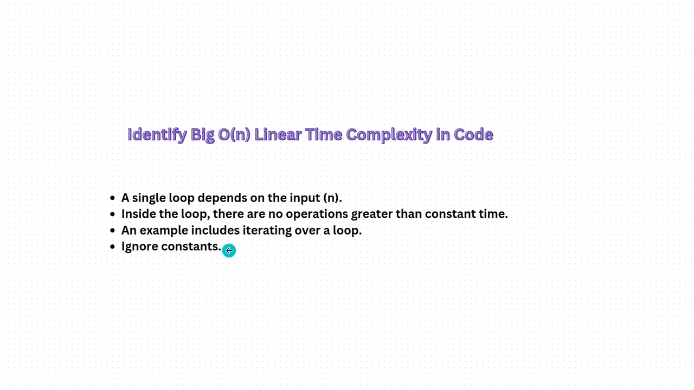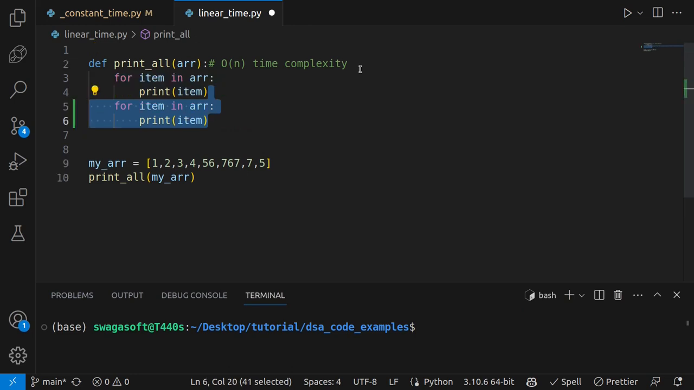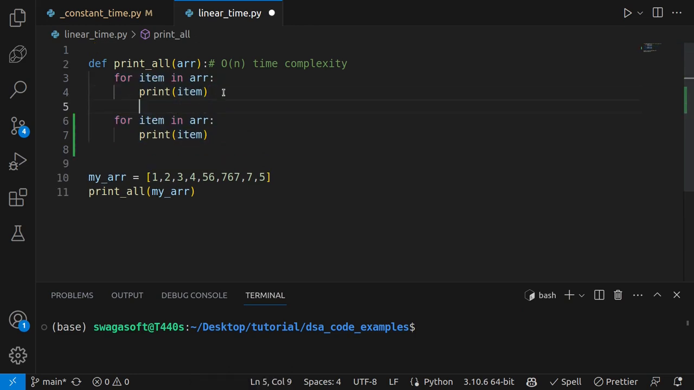Next is ignore constant, and the reason I include ignore constant in the list is there may be some cases whereby we have something like this. When we have something like this, this is an O of n operation and this is another O of n operation. So in that case, this is going to be big O of n